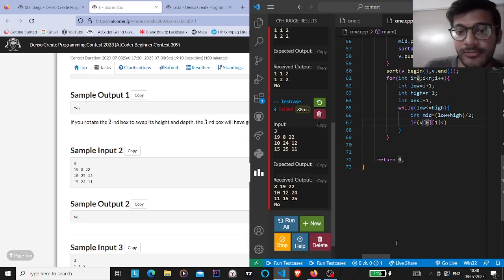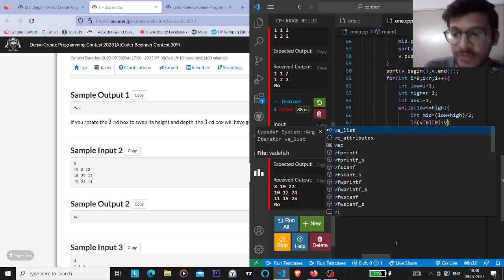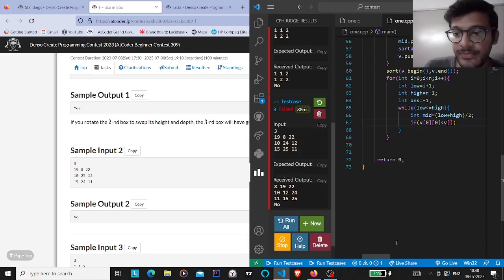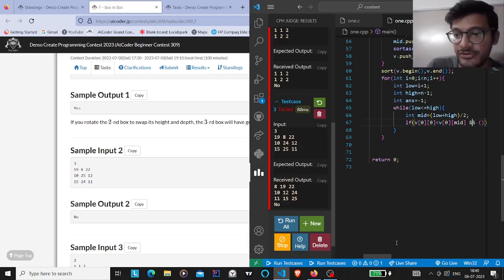Okay, so it might be possible that v of 0 comma 0 is strictly equals to, so v of 0 comma 0 is less than v of 0 comma mid and end. What I'm actually making sure is